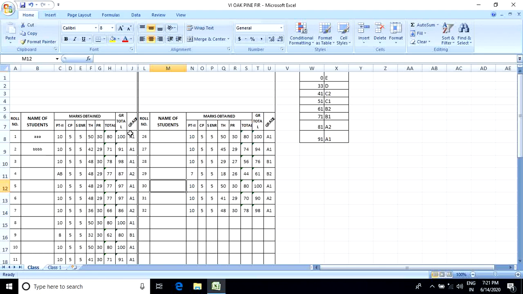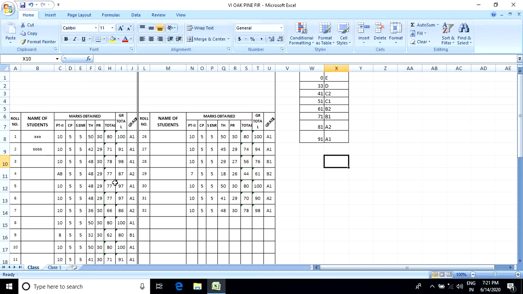Later on we discuss the grade value. How can we calculate the grade value? In that one we can calculate the total. Now we can also calculate the average. Suppose this person got marks in 4 subjects, total 100.